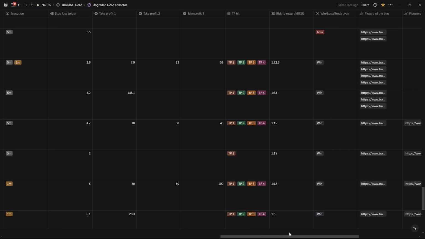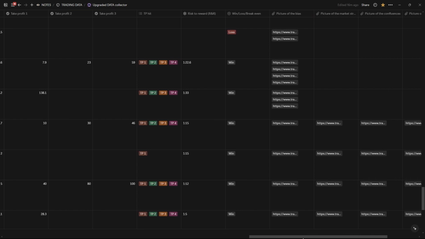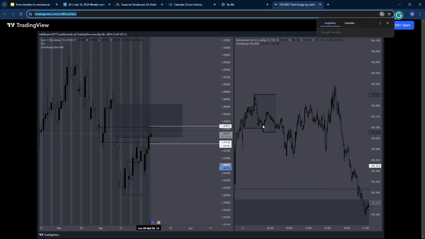And I take multiple partials, by the way. So I took 4 partials in total, with a total risk to reward of 1-15. Oh man, I get a lot of high RR trades over this period of time. I think May was actually my best month. But let's just go into it. So 1-15. So we can load up the pictures in here.